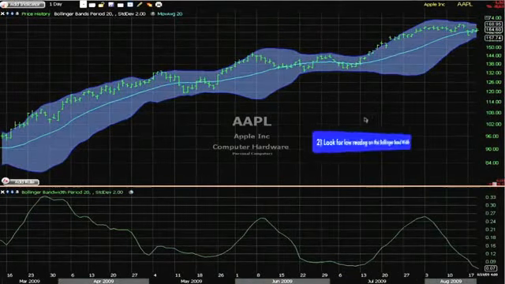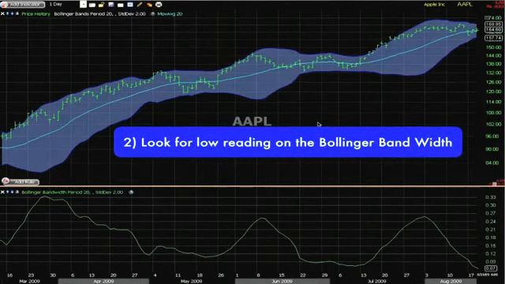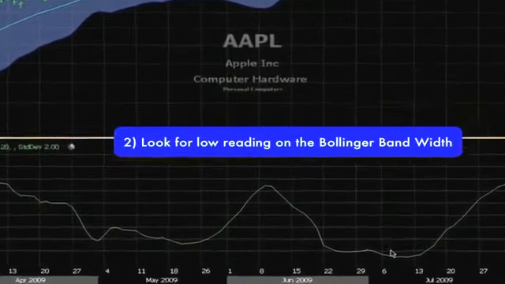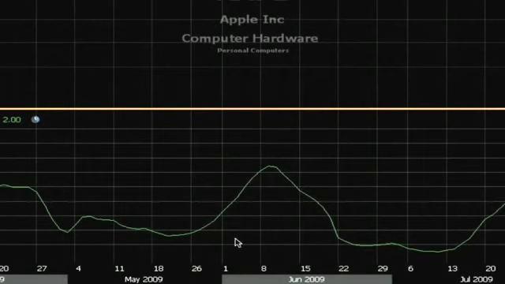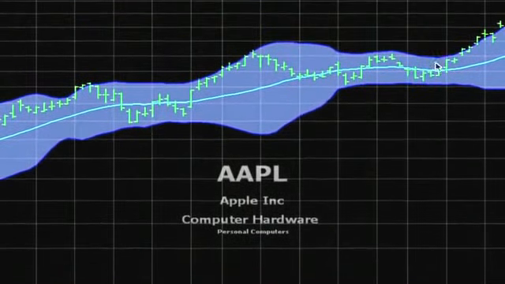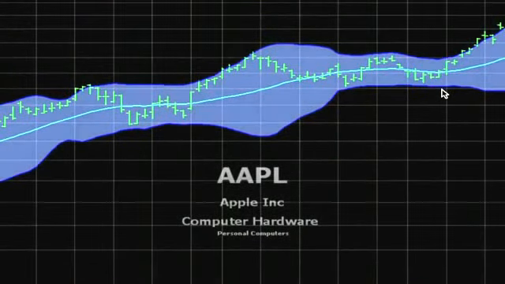Second, and here is where the Bollinger Bandwidth gives us a little bit of extra evidence compared to just the Bollinger Bands. Here we got an extreme low reading in Bollinger Bandwidth, and we can compare it with historical levels over here and see that this has a lower reading, telling us that the bands have contracted more, which then indicates that this breakout can be even stronger than the breakout we saw over here.